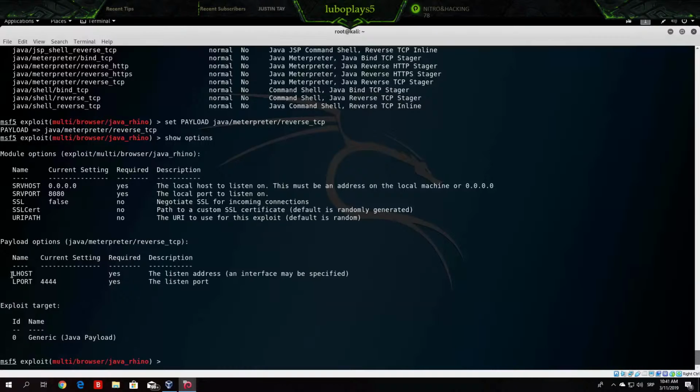Now, most of the time you will see these two options. One of them is lhost and one of them is lport. Now the lhost is basically, as it says right here, the listen address, so it is basically your Kali Linux machine, since you are listening for the connection back from the target machine. The lport is the listening port on which you're listening, which is most likely by default on Metasploit it is